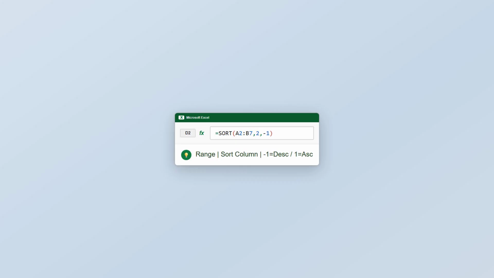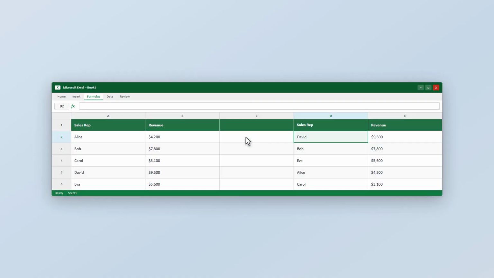The first argument, A2 to B7, is the range of data you want to sort. The second argument, 2, is the column to sort by. Look at that. Excel instantly spills the fully sorted results starting from cell D2, ranking every sales rep from highest to lowest revenue